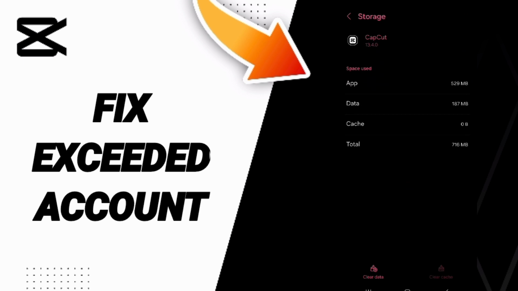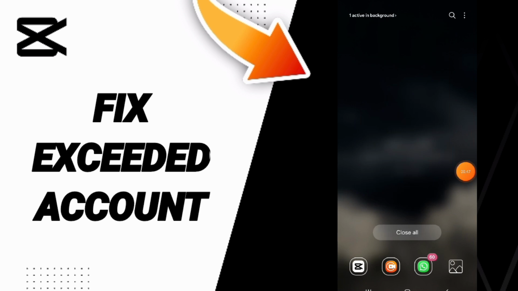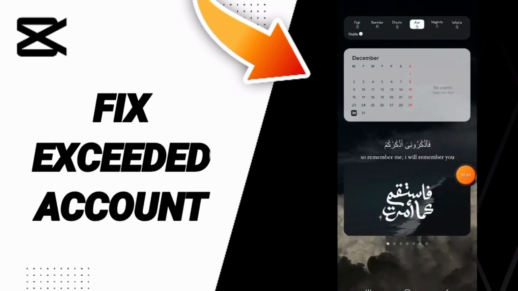Then we click on clear cache. But pay attention, don't click clear data because that can delete your account. In the end you can turn off your phone and wait a moment to restart your phone again